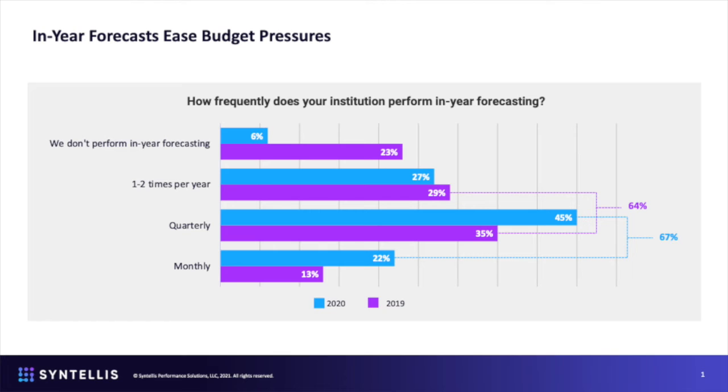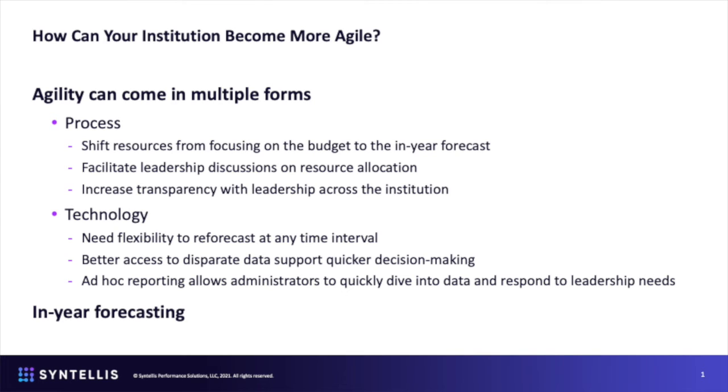Right. And I think that audience is also key, right? So you're reporting up and then also distributing out as well. Yes. So at Centellus, how do we think institutions can be more agile? Well, we're talking about technology here in some regard, but really it's also a process. You've got to fit this process into the DNA of your institution, which oftentimes, and we're going to talk about this a little bit later, is shifting resources from focusing on the budget to focusing on in-year forecasting and being a little bit more nimble. So a little bit of that human resource reallocation from one process to another.